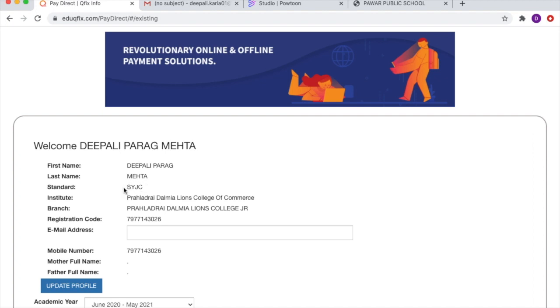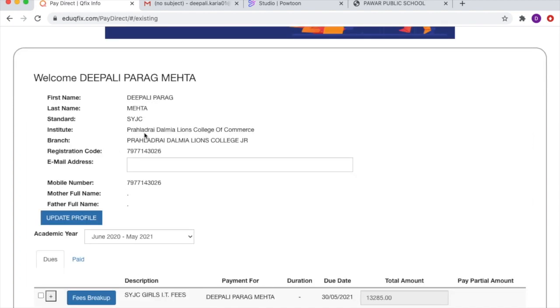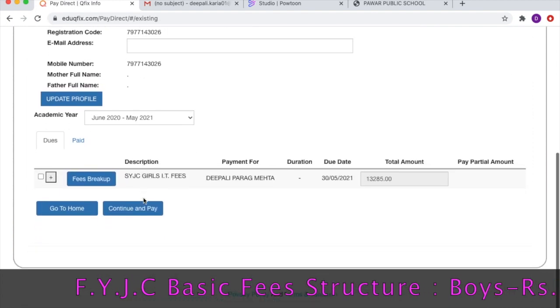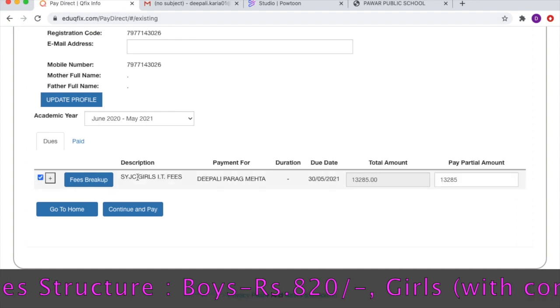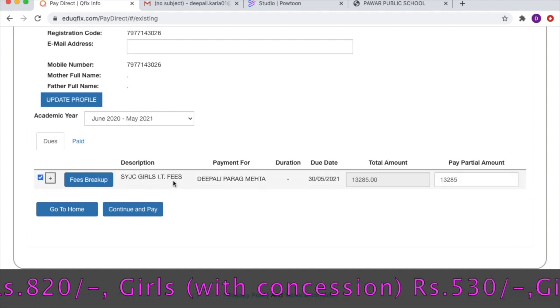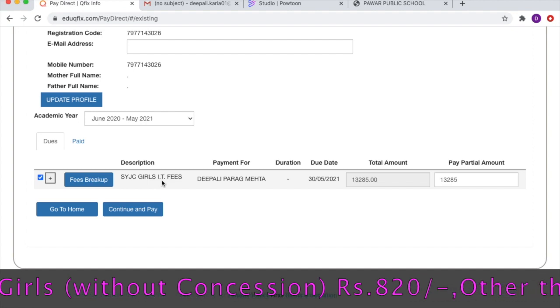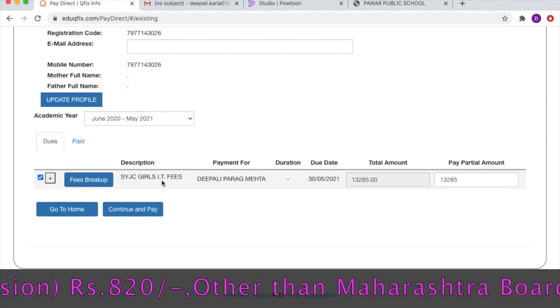Here you are seeing SYJC, but instead of that you will see FYJC, because now we are going to take admission in FYJC. Right now we have not started the payment portal, that is why I have taken an example of SYJC, because the payment process for both is similar. All the information is there, whichever I have filled. Fees is there. See, right now it's showing I have taken IT, but in FYJC the IT merit list will be out after you take the admission.